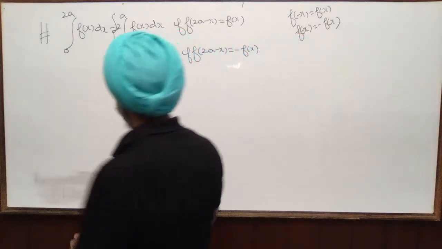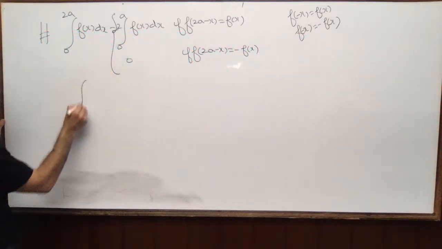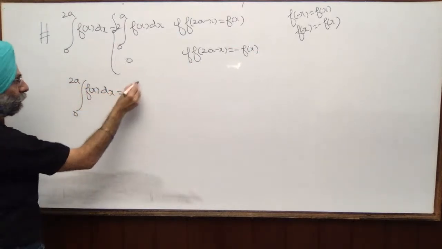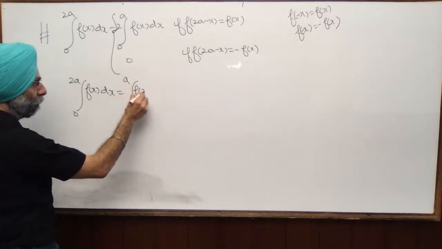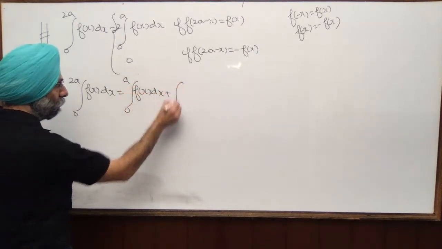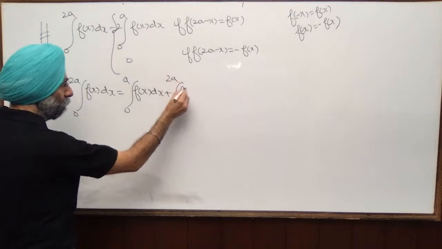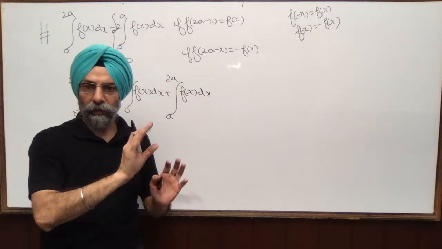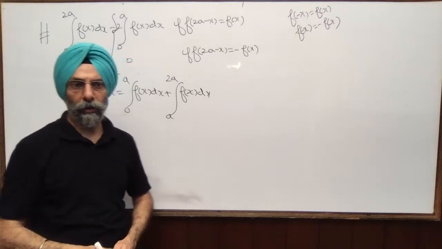Okay, now, so let me prove this. The integral from 0 to 2a of f(x) dx can be written as the integral from 0 to a of f(x) dx plus the integral from a to 2a of f(x) dx। I hope that you will agree that we can write it this way, because in 0 to 2a, a has to come in between।